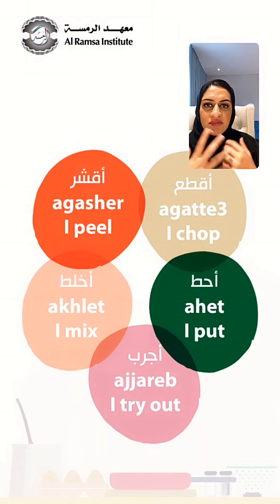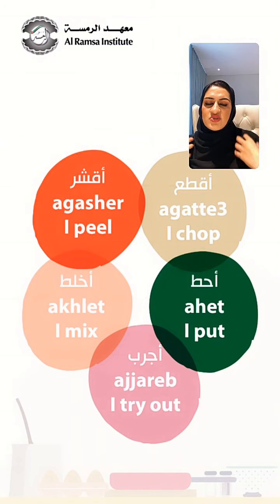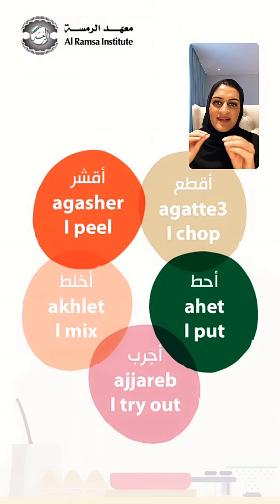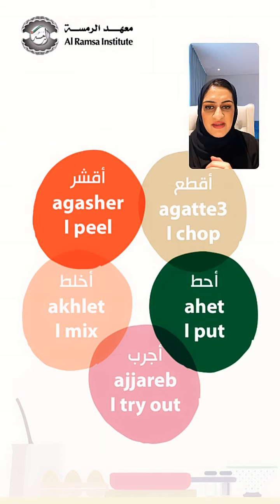Sometimes my mom would say, I don't know what's the taste, can you try it? So she would use this verb أجرب, but it means I try in a different way, like you try, she tries is a different way, but in general this is how we say. تمام؟